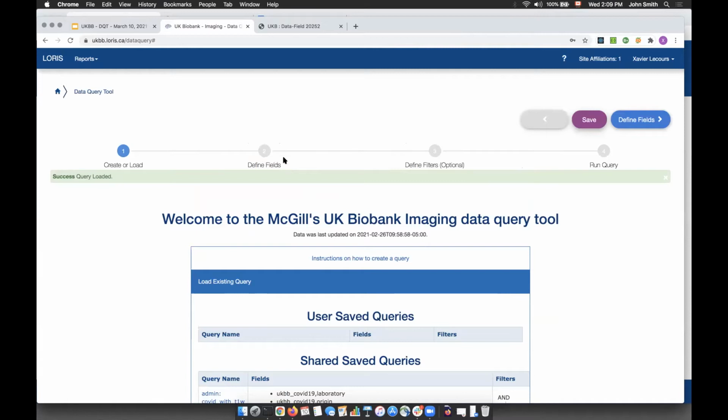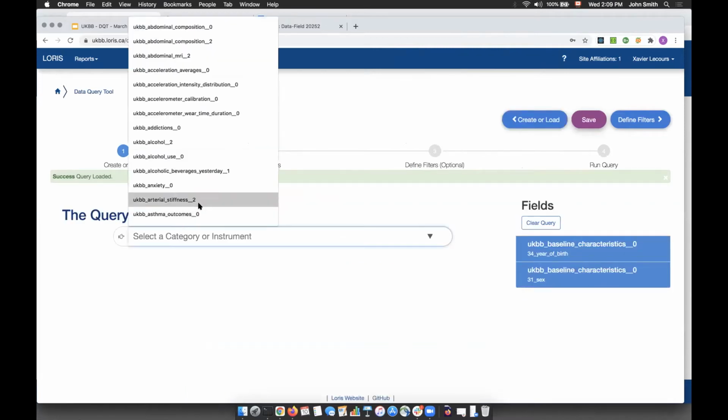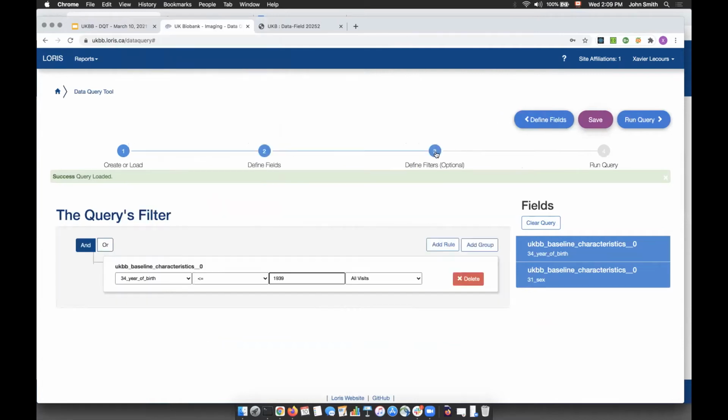The question was, I'm selecting a field, so any field, and when I run the query, I don't see any result. That's because we've put a guard to make sure that not all the data is queried, because this is really not efficient, and we require at least one filter to be added.